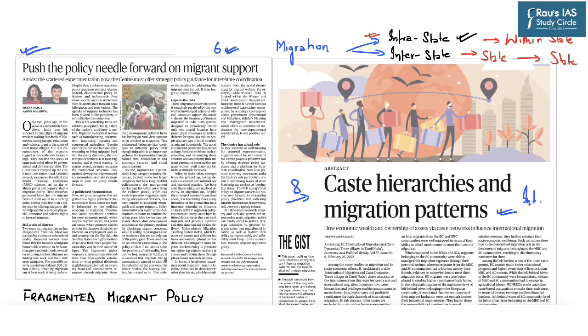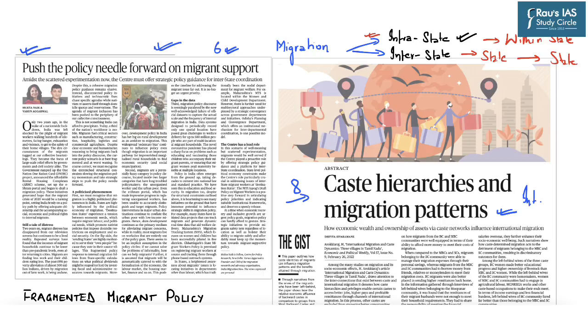Now, the issue pertaining to migrants came to the forefront when national lockdown was imposed because of COVID-19. Now, this article says that even after 2 years of imposition of national lockdown, the migrants who have came back to the place where they were working are finding it difficult to get jobs. And because of this, their family is also suffering as they are not able to provide them quality and nutritious